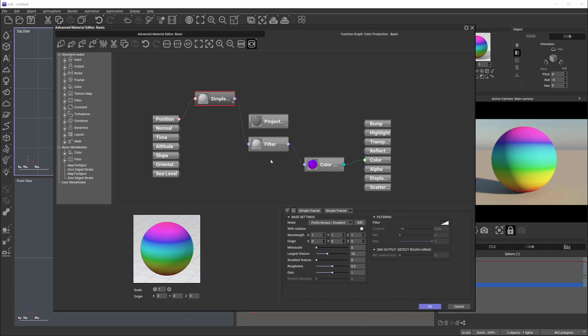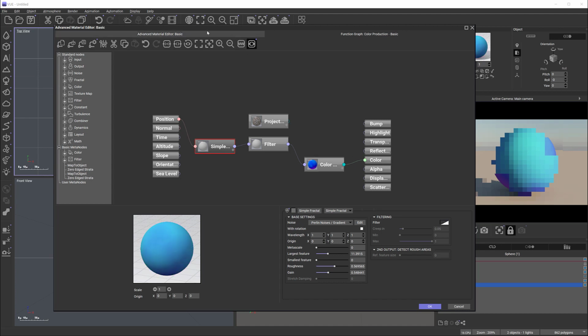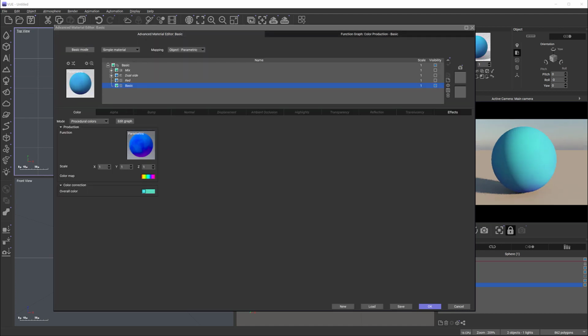So now we can connect that one, and you can see how it's changed. So now it looks quite a bit more interesting with color distribution, but it's because we were using this fractal stuff. Of course, we can increase gain, and play a little bit more, maybe on roughness right here, reduce features, and so on. You can play a little bit more with this to create. Okay, let's go back to